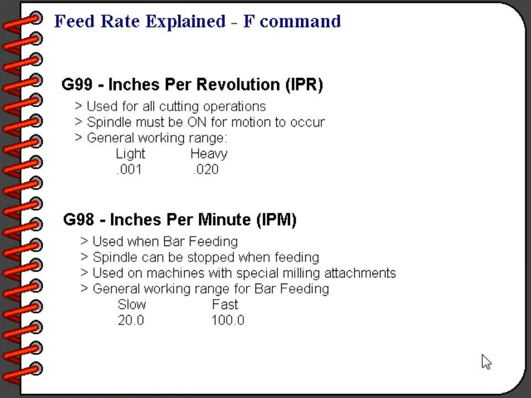Now let's take a look at the two of them together. With G99, we are telling the machine to feed in inches per revolution, so much distance for every rotation of the spindle. It would be used in almost all cutting operations on a turning center. And the spindle must be on in order for motion to actually occur. In fact, if the spindle is stopped, you will probably get an alarm on the machine telling you that the feed rate is 0. The general working range is approximately from the light end of cutting about 1/1000ths per revolution to a heavy end of about 20/1000ths per